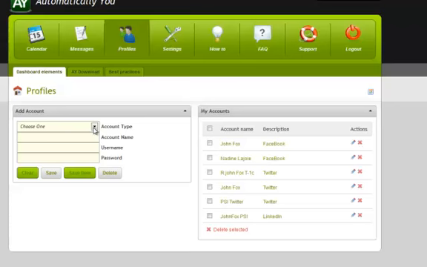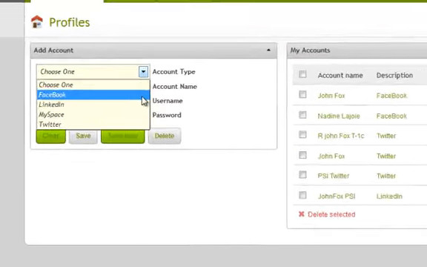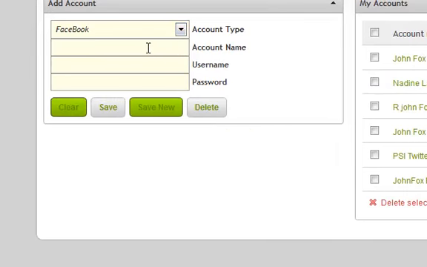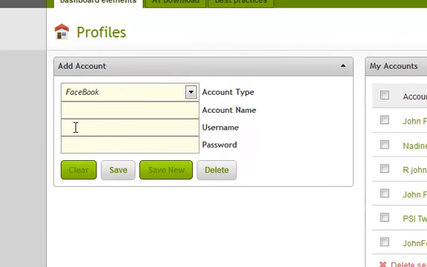Here we're setting up a profile, and these are a couple of profiles that are in here right now. The account type, Facebook, the account name. If we have multiple Facebook accounts, which in this case we do, we would identify each one so that it's appropriately tagged. We can put any name in there for that account. It just helps us identify what account we're talking about. But then we have to have the correct Facebook